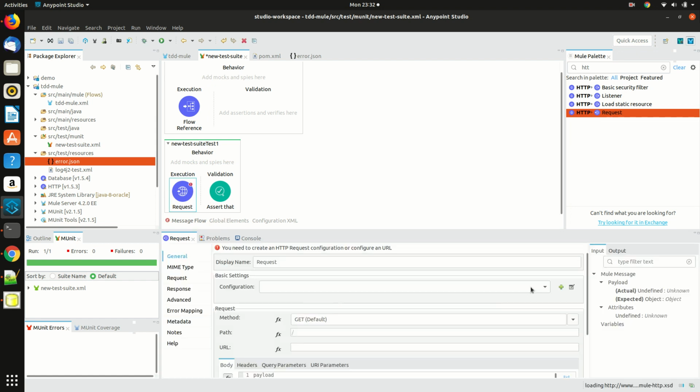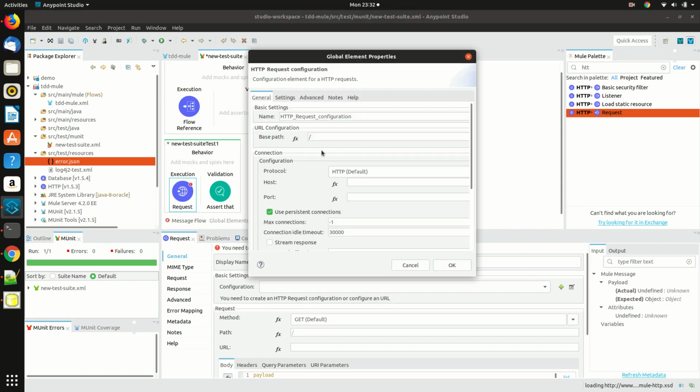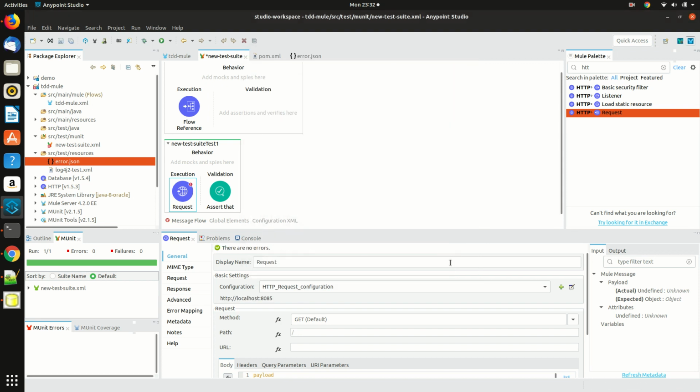and configure this requester. So host would be, as usual, localhost, and port would be 8085. All right. Okay. And path forward slash. So that's it. We have configured the